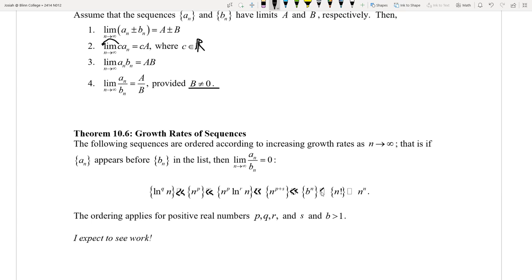And here, as it says down there, P, Q, R, and S are positive real numbers, b is a positive real number, and it's greater than 1 as well. So we are going to need to be able to work with this, get to this point first before we can apply this theorem. So the slowest growing thing is a natural logarithm or some sort of logarithm, even to